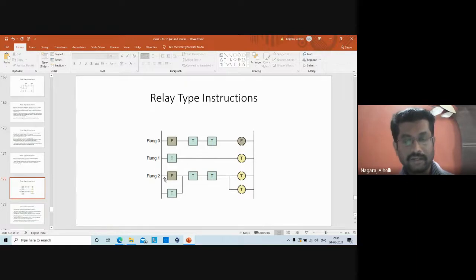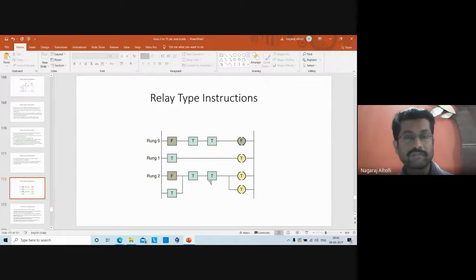Look here, how does this evaluate? We have studied the mixer control problem, again your test question. There we saw that when the temperature and pressure conditions were met, the output was energized. Or when the stirrer, the mixer, was operated by a motor, then also the output was energized. So it is as good as that. Here there is a false condition, and here there is true and true.